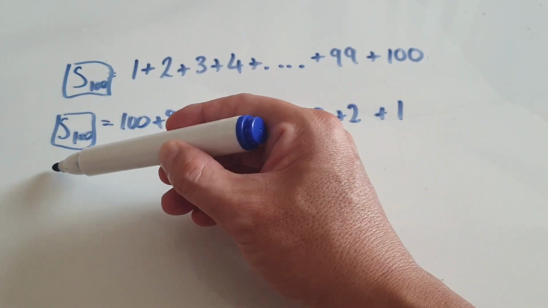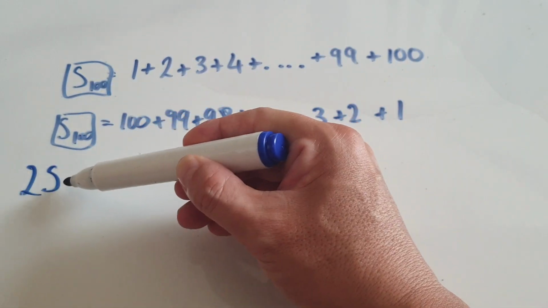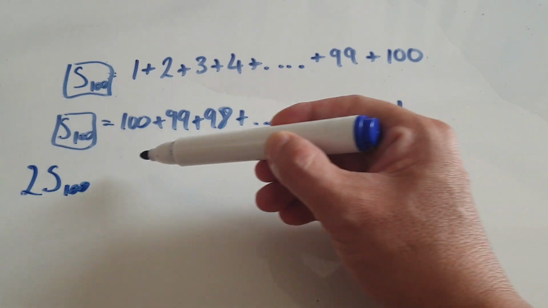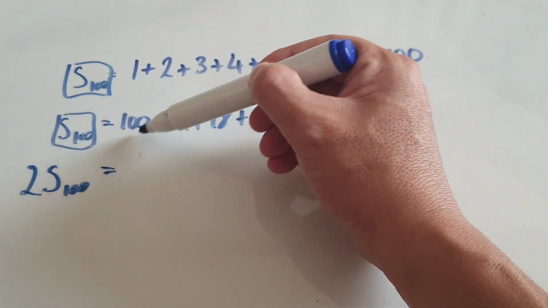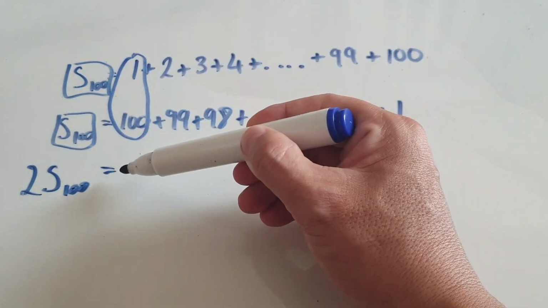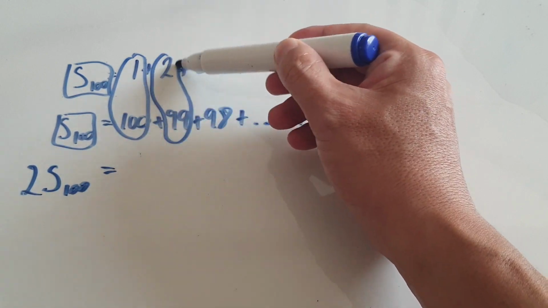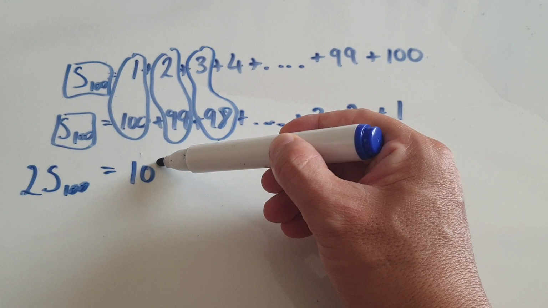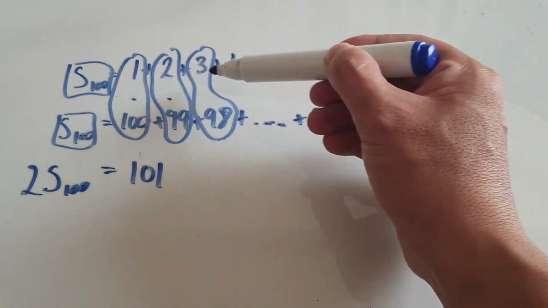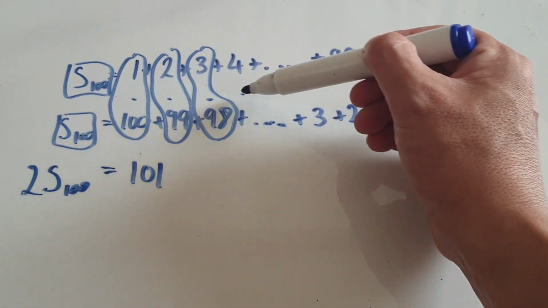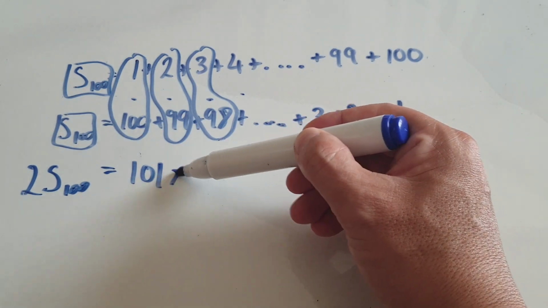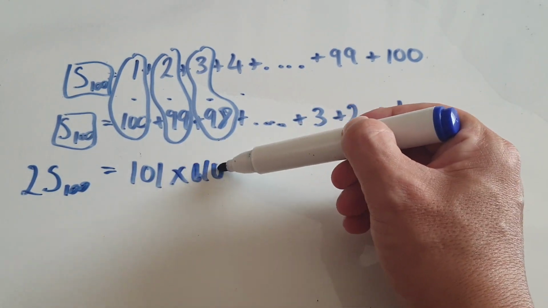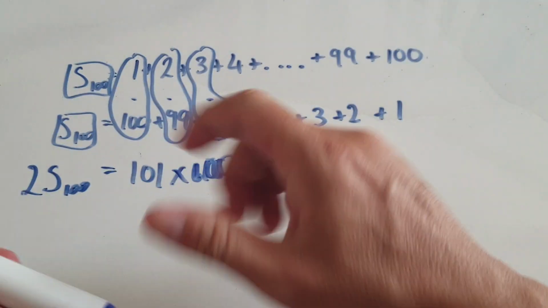So this plus this will be two lots of S100 equals this thing here added together would be 101. This thing here would be 101. This thing here would be 101. So 101. And then you're going to have 1, 2, 3, 4, 5. You're going to have 100 of these things. So times 100. So that would then become